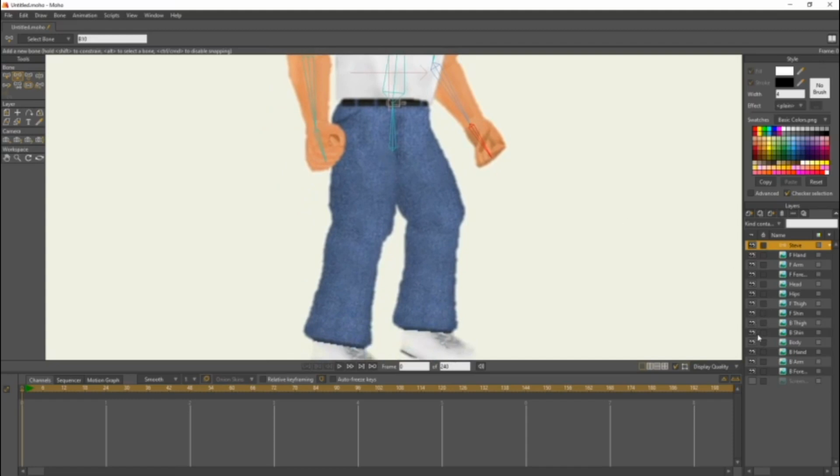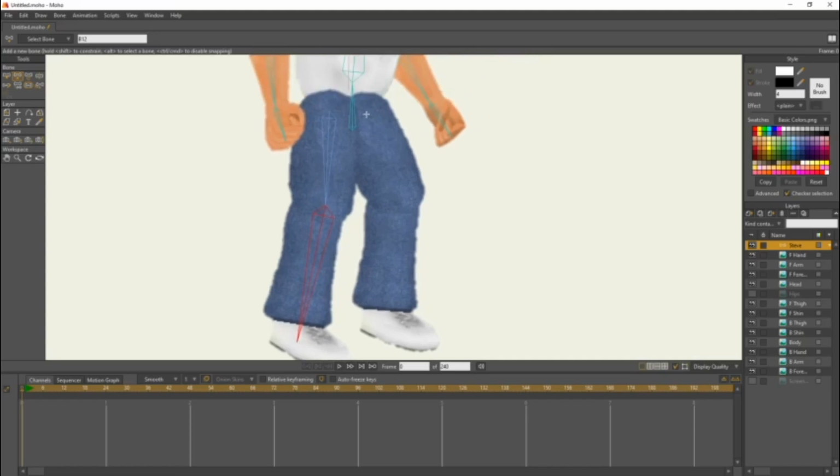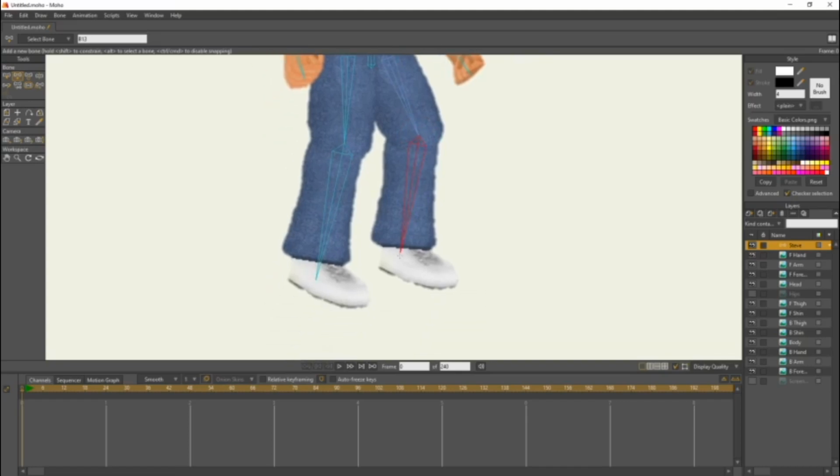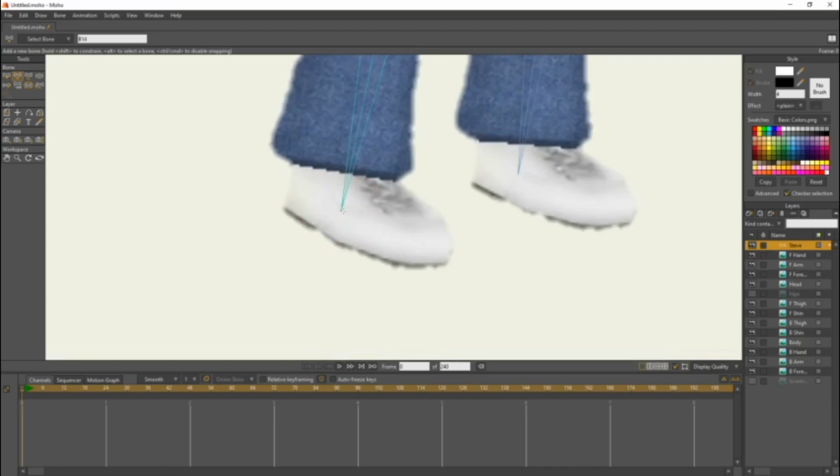We're gonna hide the hips for this one. We're gonna start right here at the top of the thigh. Come down here to the bottom, get his shin, and end right there. We're gonna do the same here. Start at the top, do the shin, and actually we're gonna create feet bones.